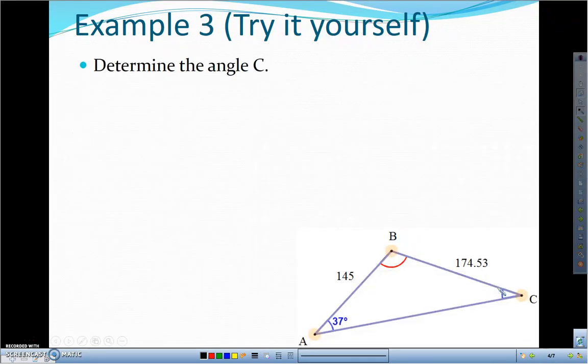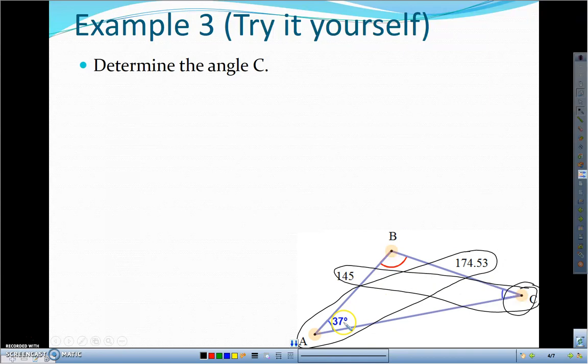In this case, we're asked to find angle C, which is this angle down here. Whenever I'm finding an angle, I always start with sine of that angle first, and I match up the pairs. So here's a pair that I'm working with, here's a pair that I'm working with. So I know that I'm going to be using these numbers here. And I start with sine C, that's what I want to find,